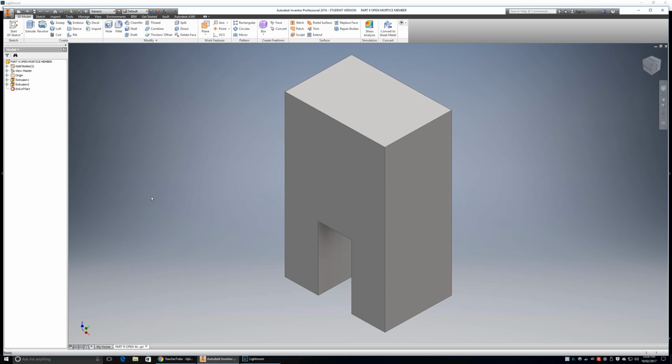Well, thank you guys for watching, and next time I see you we'll be doing part number 10, the lap miter member, which is going to be a combination of all 3 things we've seen so far in the first 9 activities. It's a little bit more complicated, but we're going to be using the same skills, just in lots of different